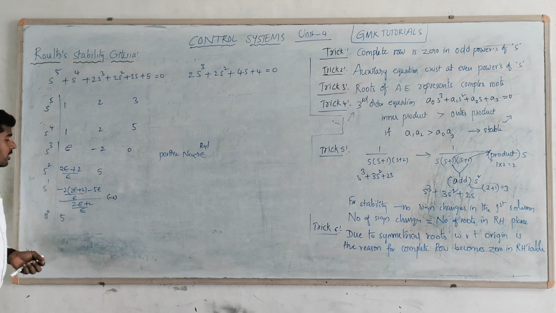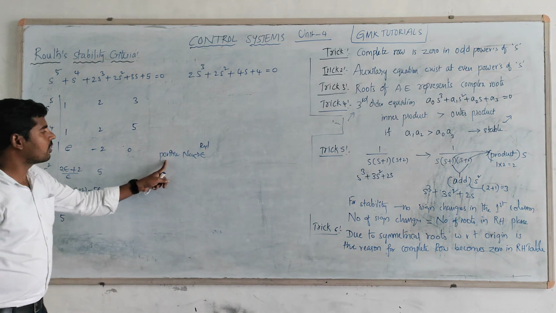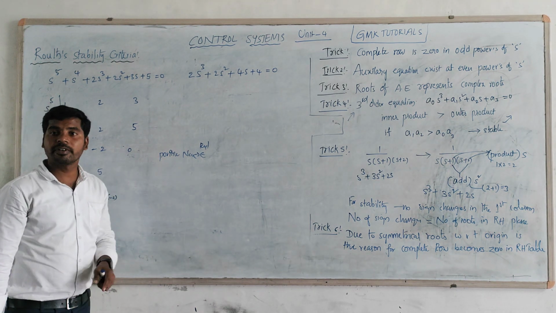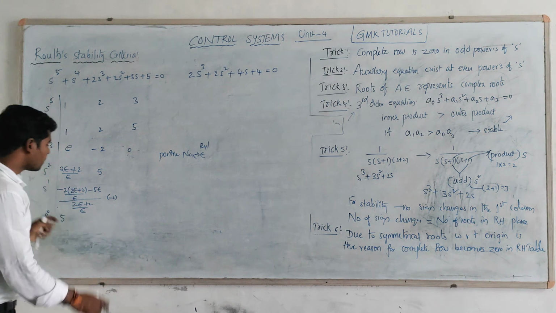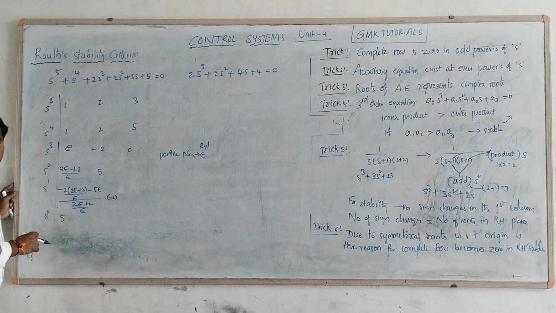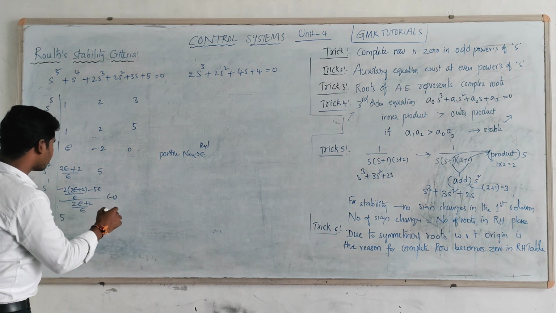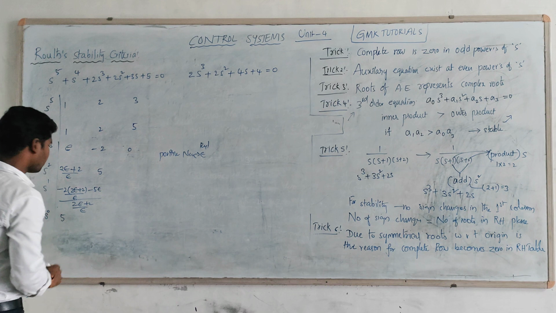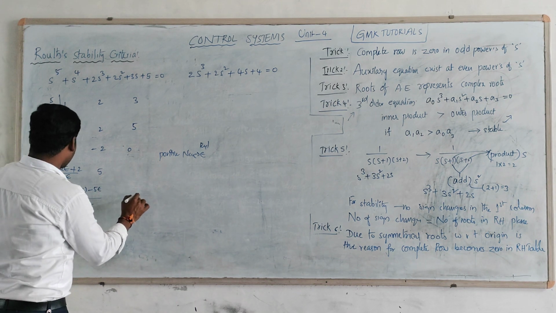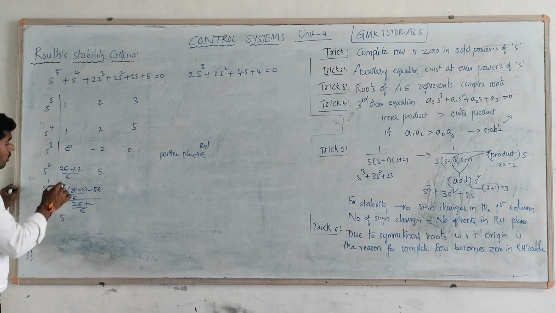Okay, as per our assumption, if the first element is 0, replace it with epsilon. This is the procedure. So initially I said that the replacing element will be a small positive number. Suppose you are taking a small positive number, maybe approximately 0, this equation is equal. What happens is, if you are expanding this one, in this consideration, let us see if the epsilon value approaches 0, you will get a value of 2,